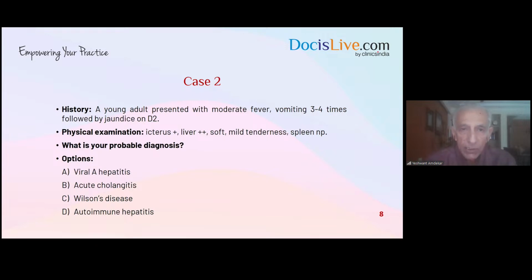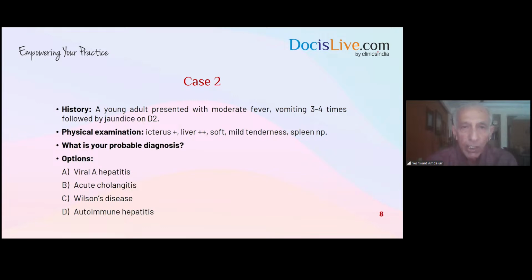But metabolic disorders rarely have fever, and certainly not moderate fever. There could be a mild feverish feeling. Therefore, it is not a metabolic disorder like Wilson disease. It is not acute cholangitis because the jaundice is a predominant feature and the child is very sick, but the liver is not enlarged. So it's not cholangitis, it's not viral hepatitis, and therefore this is classically a story of